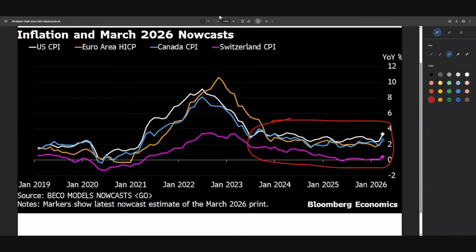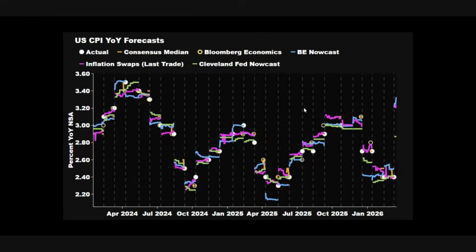Now we're going to have CPI spike a little bit. And if we look at any of the nowcasts for that, here's CPI, inflation swaps, and every kind of major inflation swap, Cleveland Fed nowcast, Bloomberg Economics, and the BE nowcast. All we're doing with all of these is saying, based on oil prices, food prices, and some other real-time metrics, where should CPI be? Right now, everyone expects it to be around 3.4%. So it's ticking up because of the oil prices. And how high it goes is going to depend on how much of a corner the Fed is pushed into.